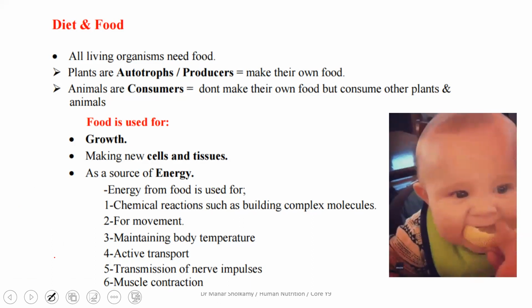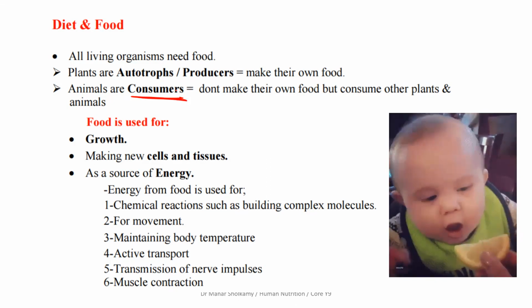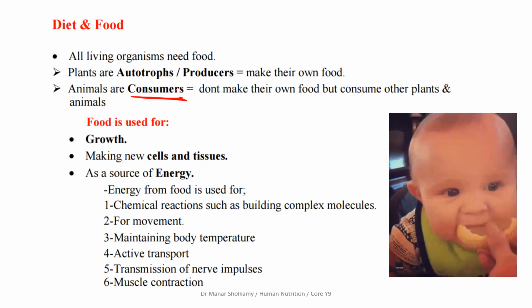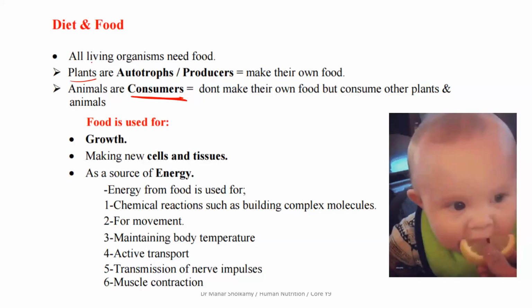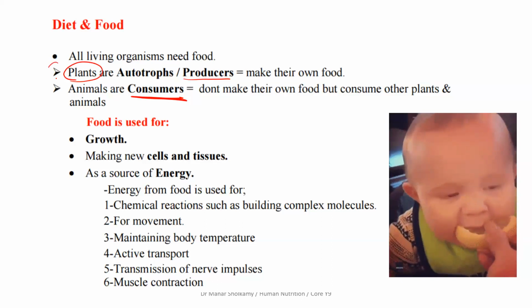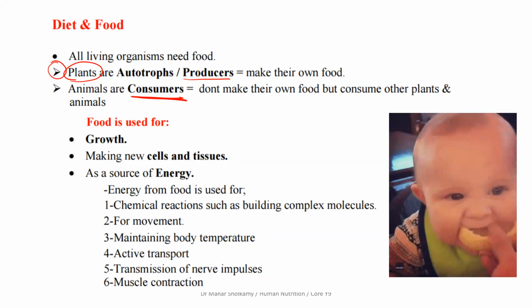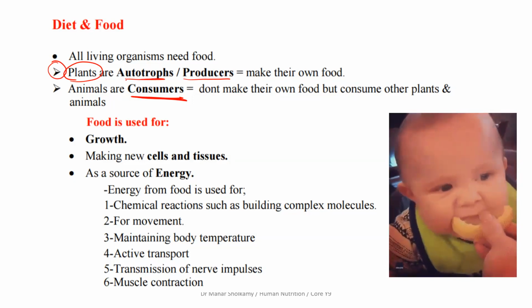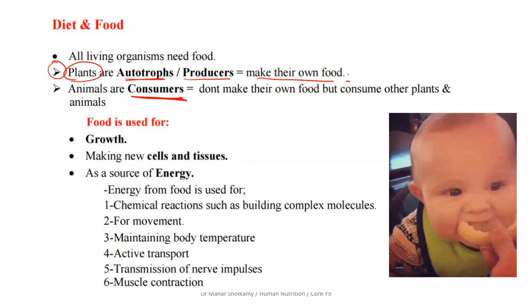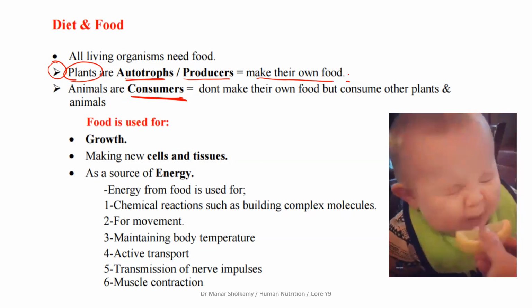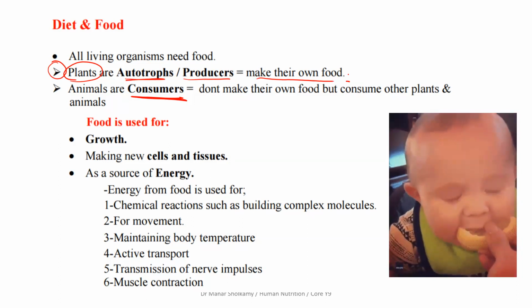First, you need to know that, of course, you already know this from before, that we are all consumers. In other words, we don't make our own food like plants, but we eat other organisms. Plants, they are producers. Now, plants is a unit on its own. We will study plants in detail in the lesson Plant Nutrition and Plant Transport. Plants are described as autotrophs or producers because they make their own food. But of course, we are in the animal kingdom and we are consumers. In other words, we have to feed, we have to eat food. We do not make our own food like plants.